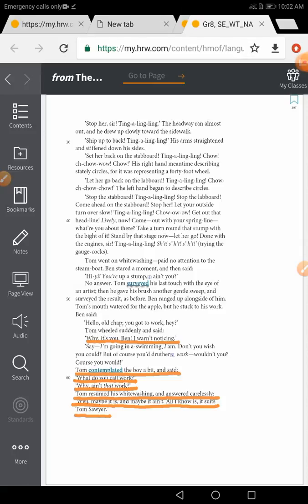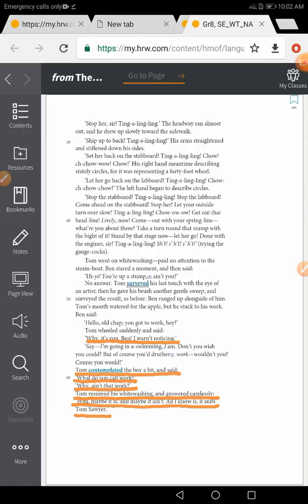And here also we could say that Tom considers painting the fence work, although he says otherwise and claims it suits him. That means he dislikes painting the fence, but he pretends or claims that it suits him. So you could answer the question in this way: Tom actually does notice Ben's presence, but he pretends that he is not noticing him when he says he wasn't noticing. And he also considers